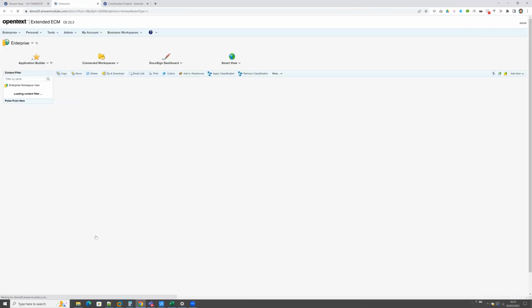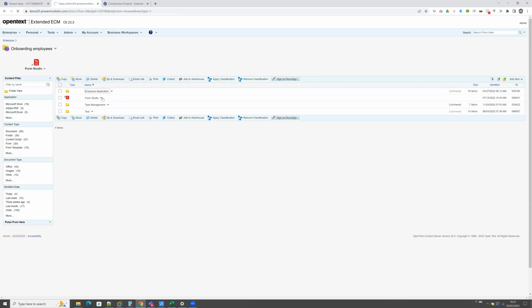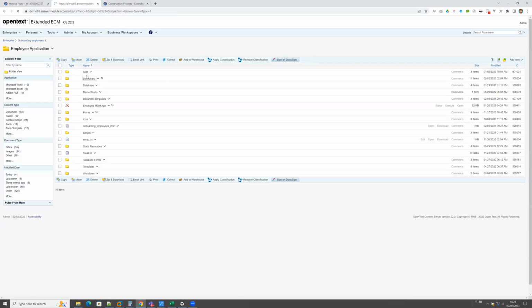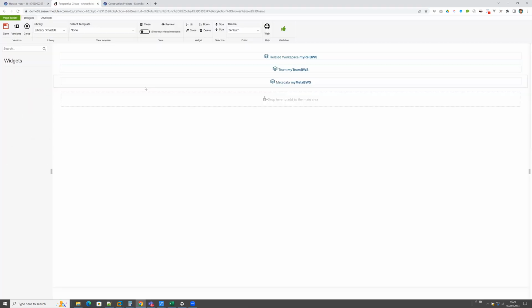If you go into the configurations in here, where is it? Onboarding employees and onboarding application, you have now in this new page the possibility to just stack these widgets.